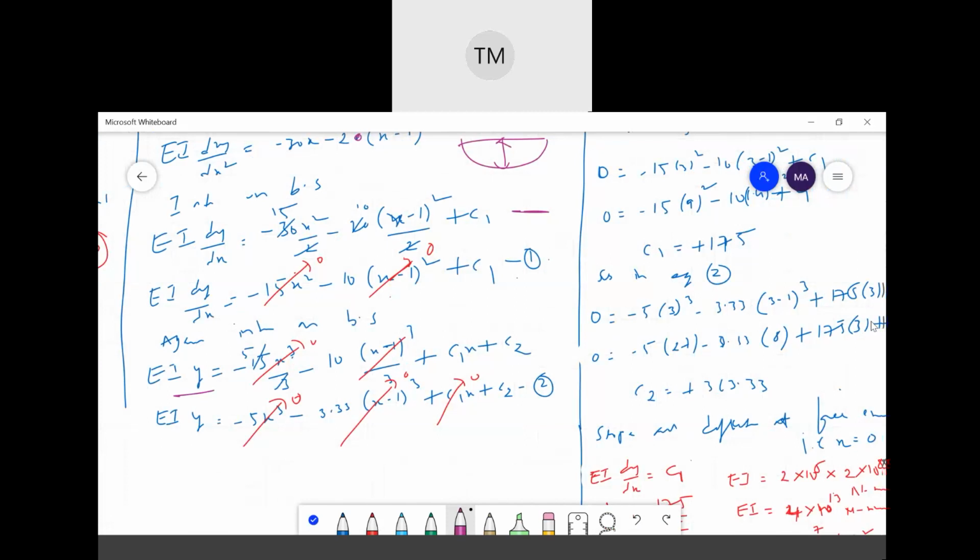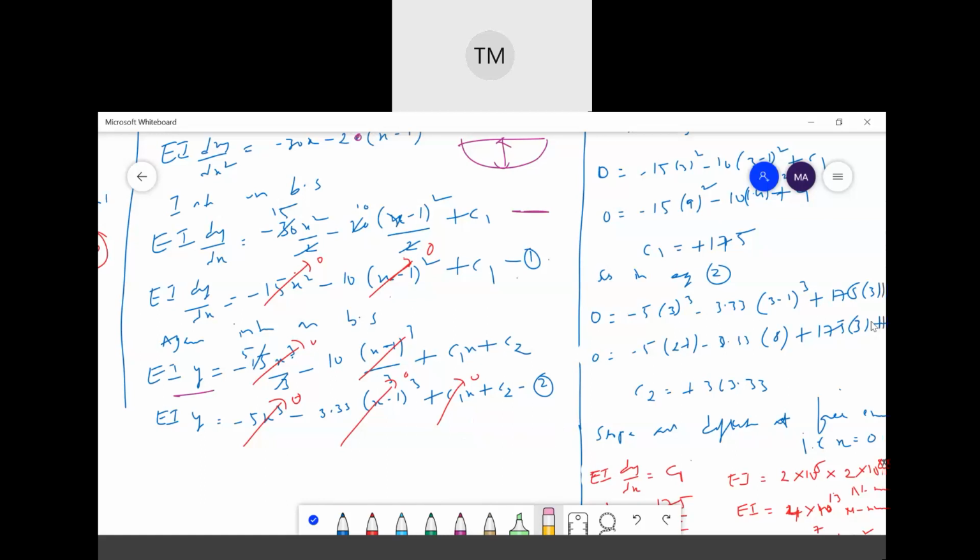From the right side, clockwise will be negative. For a cantilever beam, always consider the moment from the free end. So here you are considering from the right side: from the right side, clockwise is negative, anti-clockwise is positive. From the left side, apply the same sign conventions you have learned in shear force and bending moment diagrams.